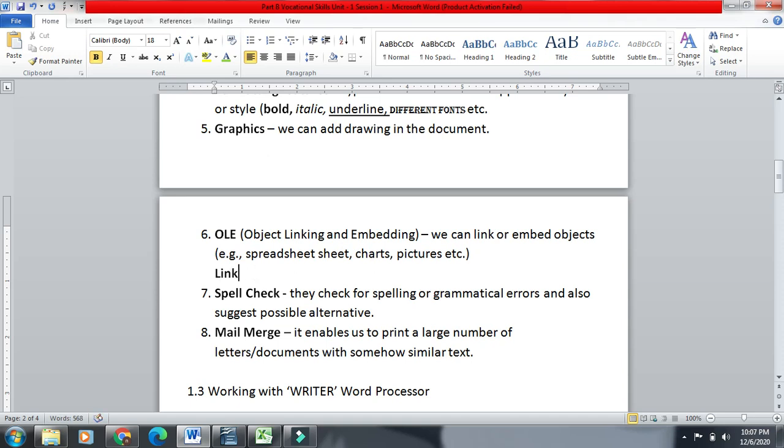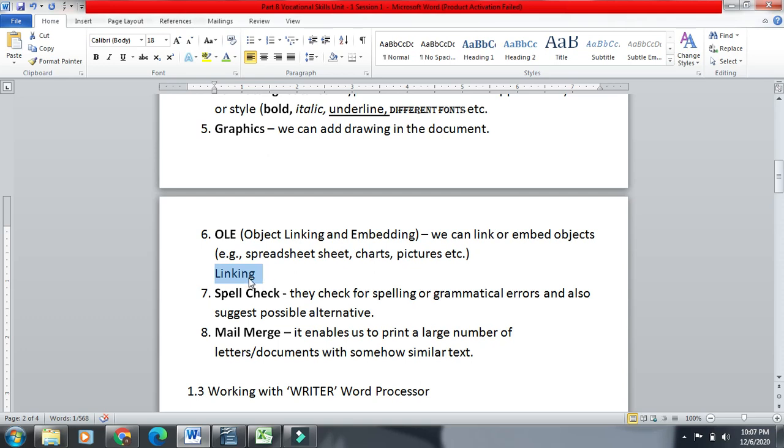Linking will help us make our text a hyperlink. Suppose right now I am making this text hypertext. Then I can add any outside object. I can add any Word file, I can add a hyperlink of any web page, I can add a link of any image from outside.